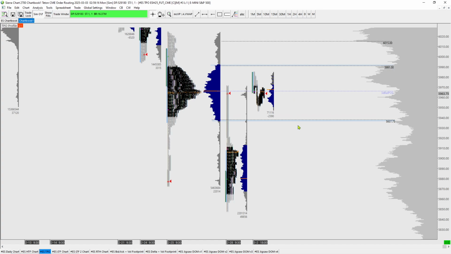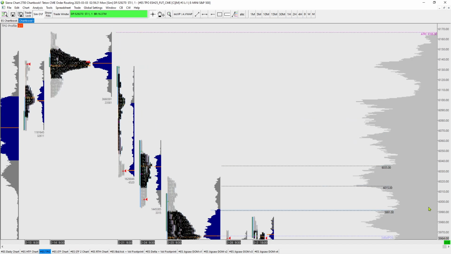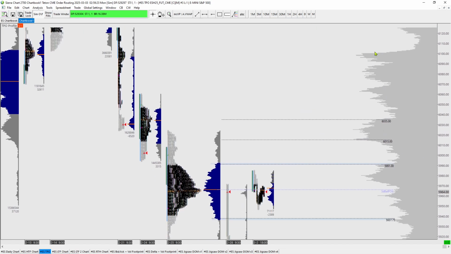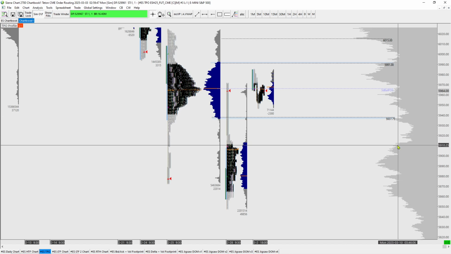Okay, so we have that, and now we need some downside targets. We have topside targets. There are more topside targets somewhere up here, but I'm not going to concern myself with those right now. You could probably lock them off somewhere here, and 6100 was a good one. But I'm not even going to concern myself with those right now. If the market gets up there, I'll redraw some more levels. At the moment, that doesn't matter. And number two, the downside levels, I really like